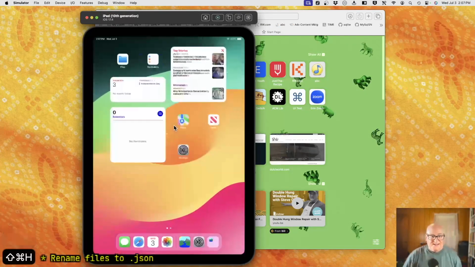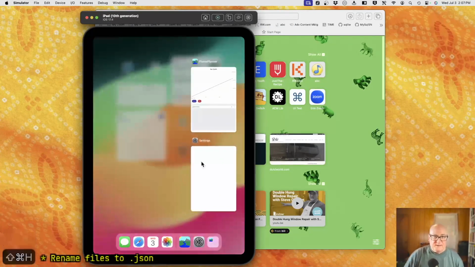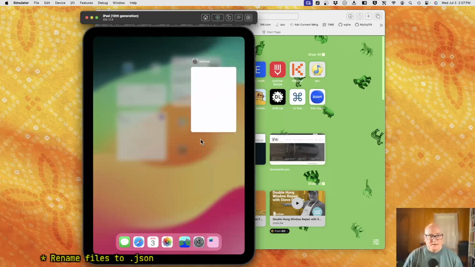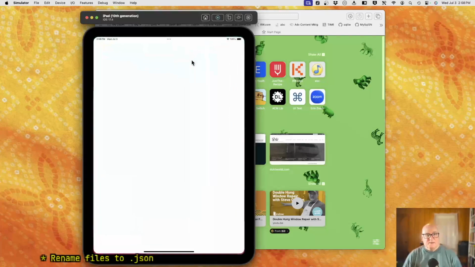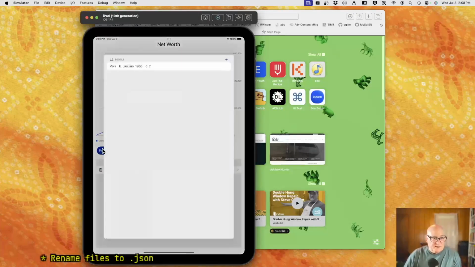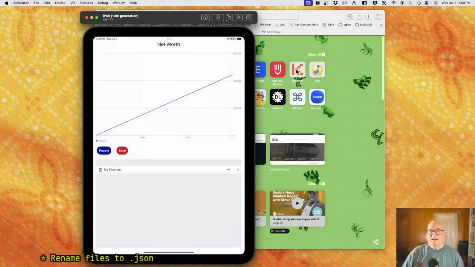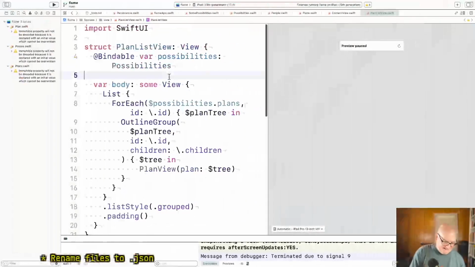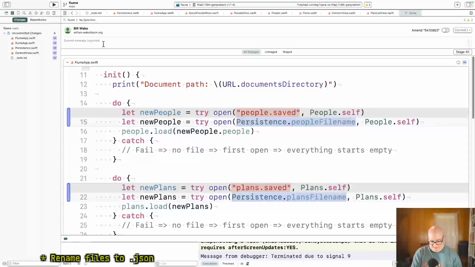Let's try that. Oops. Open this. It should have the people and the things. Okay, good. Nice to have something easy and straightforward.